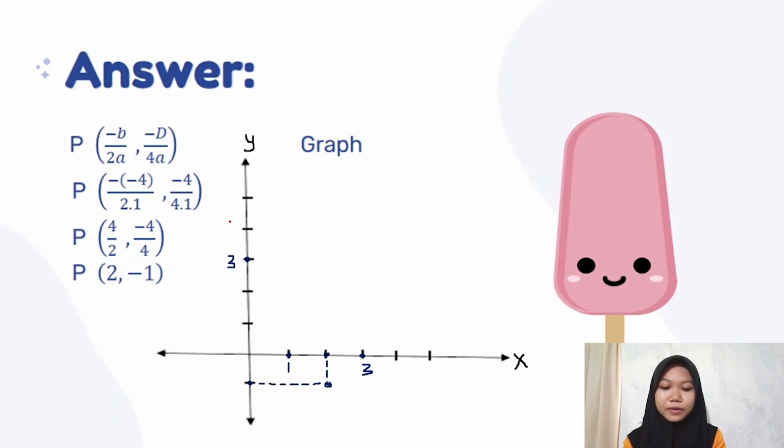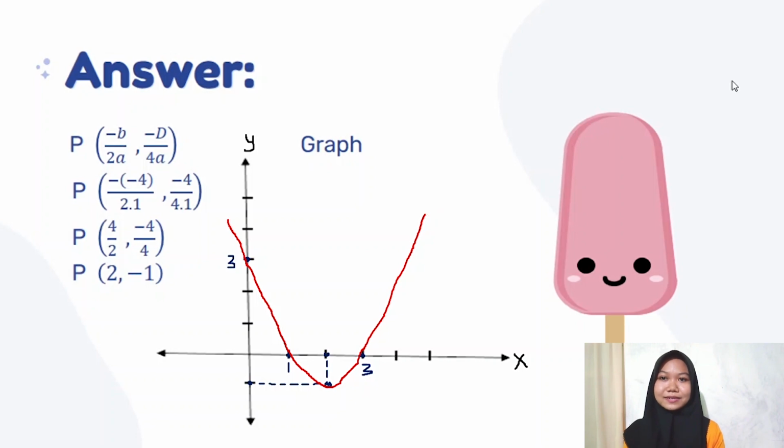Well, at the last point, we connect the points we get. Well, we know that the graph intersects the x-axis and the parabola opens upward. Maybe this is the explanation of my example questions. I return to the moderator.